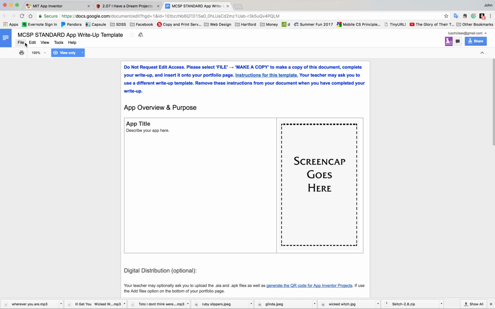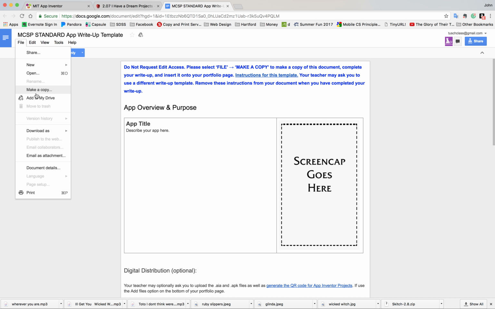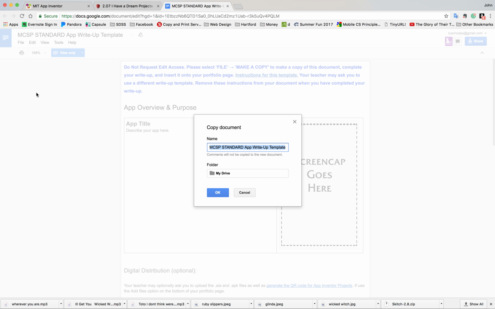So what will happen is you have to go to File, Make a Copy. It will give you a version of this form that you can edit for use on your Google Space and to be able to submit your write-up for the project. Your naming convention is first name, last name, Mr. Tush, and then what it is,